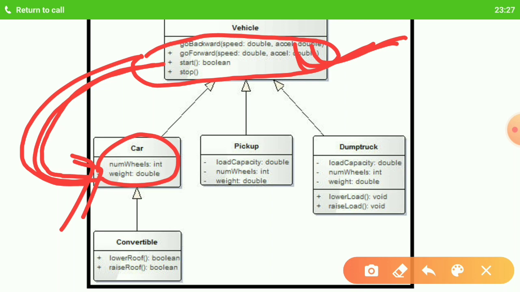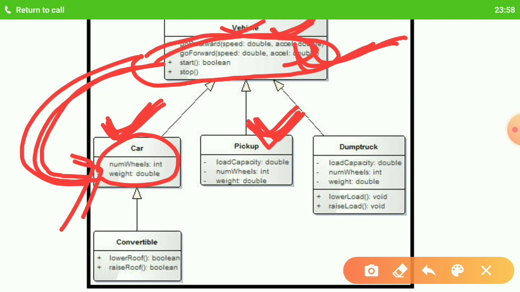So once you created your car object, again in the future you decided, no, I want a pickup truck as well. So what you did, you simply inherited the pickup class from the vehicle class. Just like the car class inherited from the vehicle class, you can design one more class which will inherit again from the vehicle class, because the pickup class will also have all these features here.